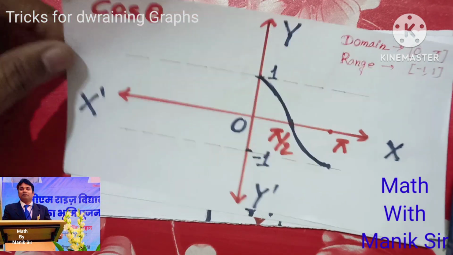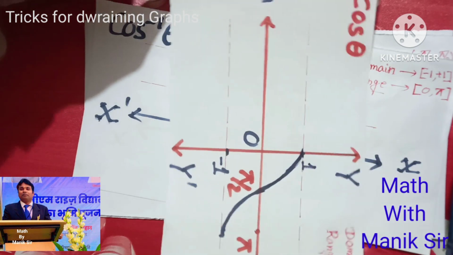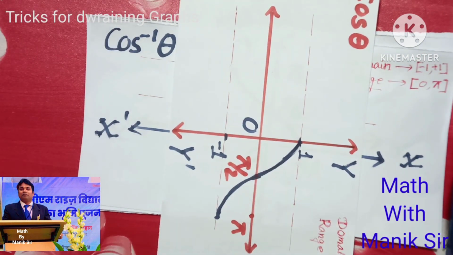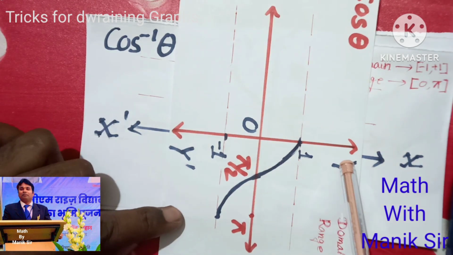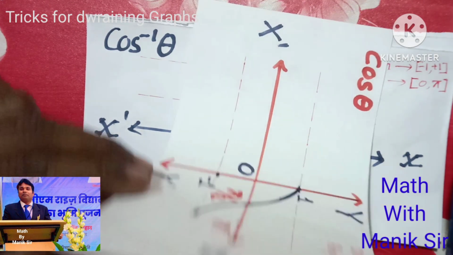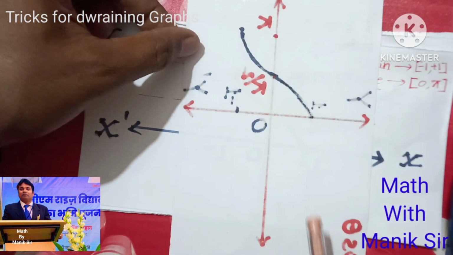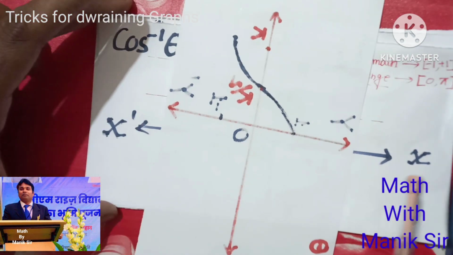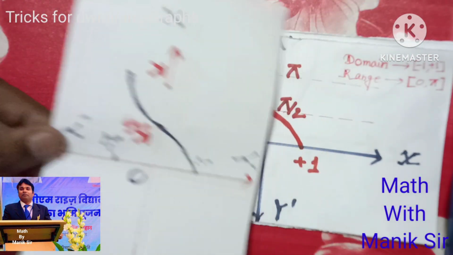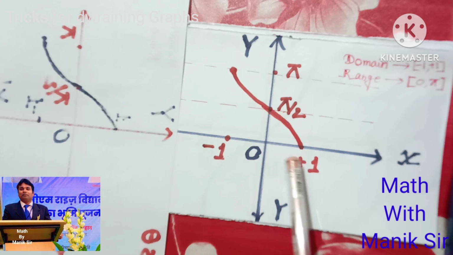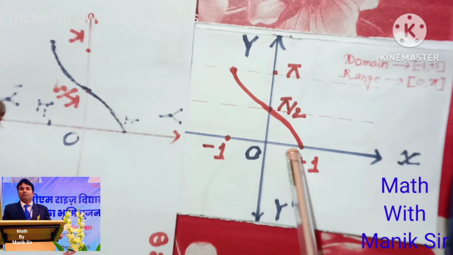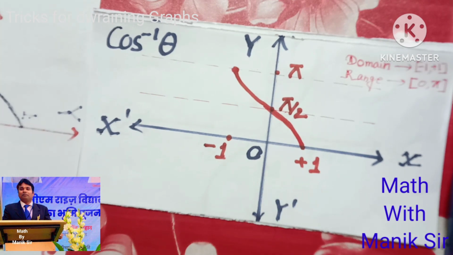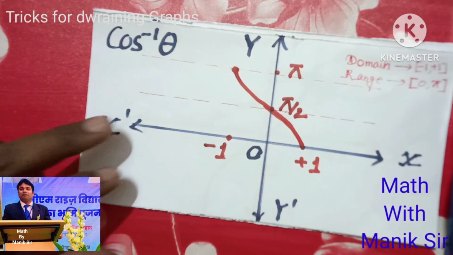To draw the graph of cos inverse, you just rotate this page this way, that is clockwise by 90 degrees, and then flip it again with the y axis in this way. So this is your cos inverse graph. Now you can check with the original cos inverse graph. This is the cos inverse graph, and check, this is the same as this. So this is how we can easily construct the graph of inverse trigonometry functions. Now next graph,